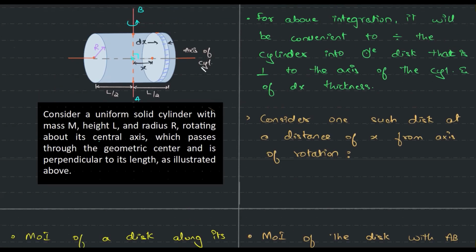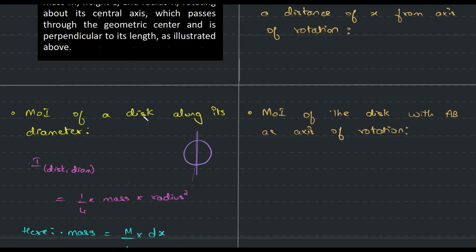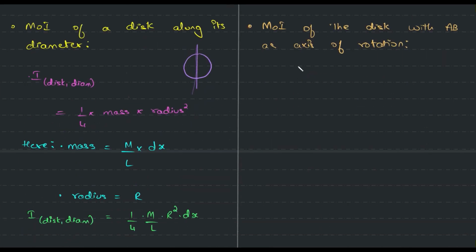Okay, so this is our AB as our axis of rotation. By using the parallel axis theorem, what we have is I of the disk along the diameter but shifted to AB will be equal to